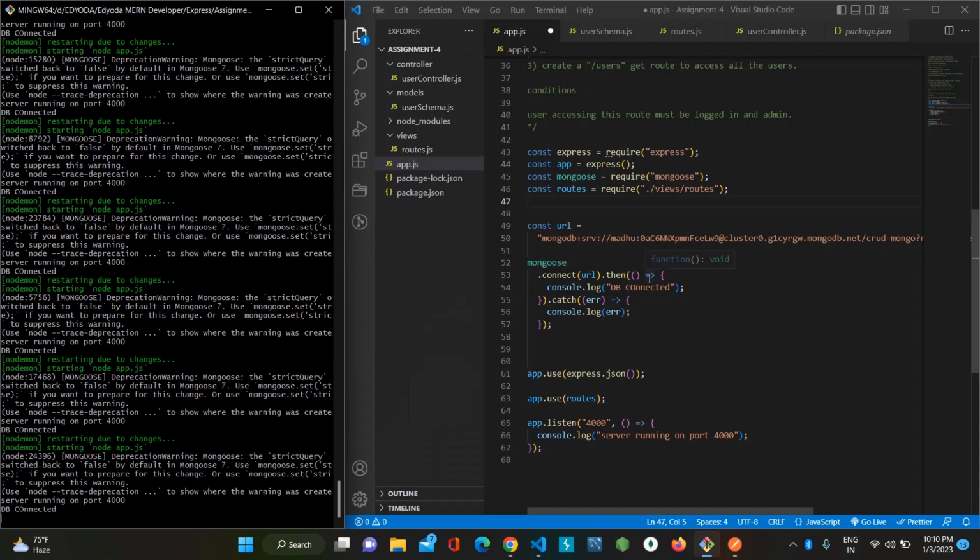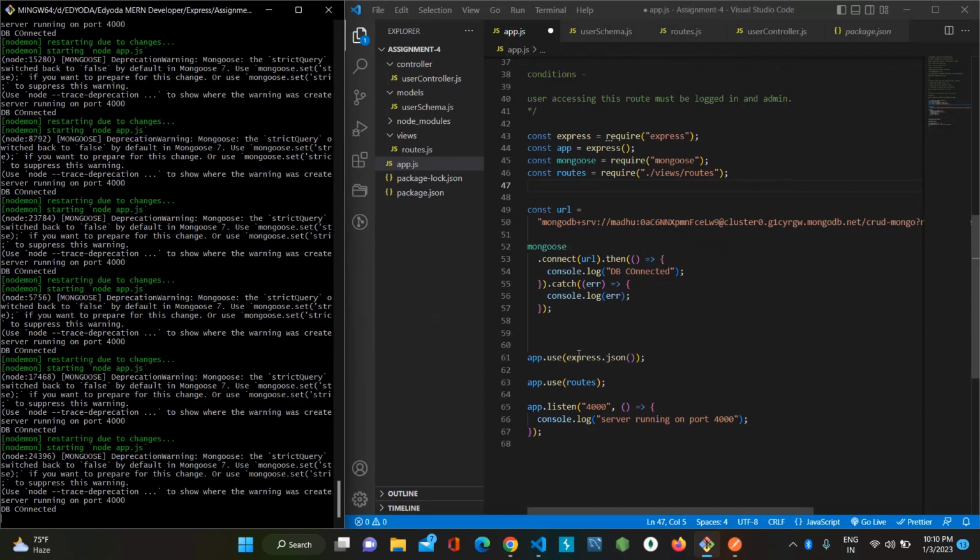Okay, and use this express.json. So this is used for the post, whenever the post request has occurred, so that data gets stored in the body, so request.body. So we need to use that body. So we need to use this express.json. So it is like body parser, and